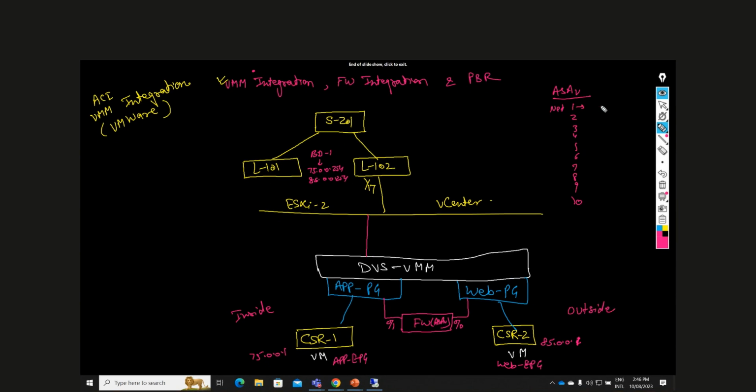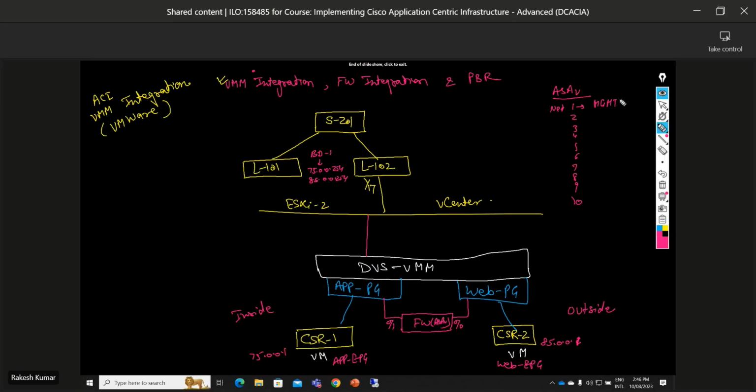On this ASAv, there are 10 interfaces. Network 2 will be internally gig 0/